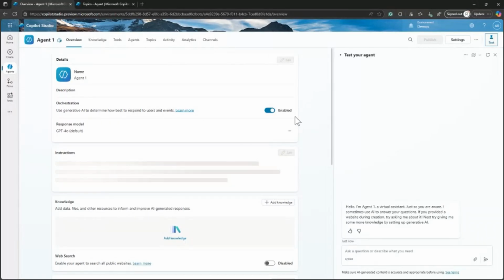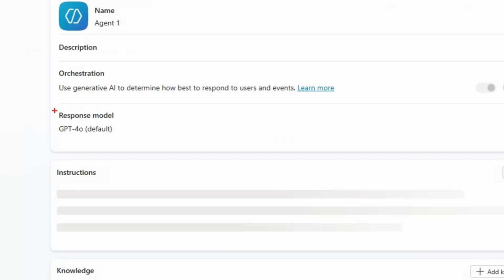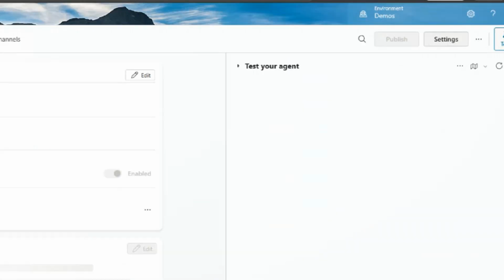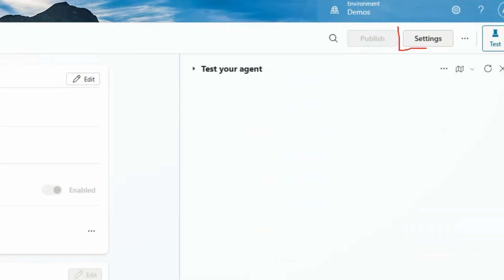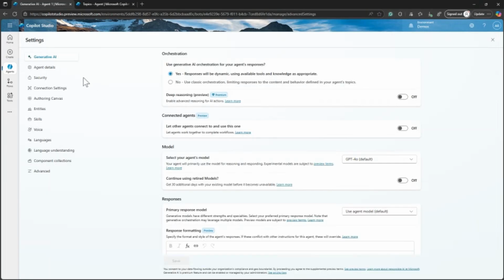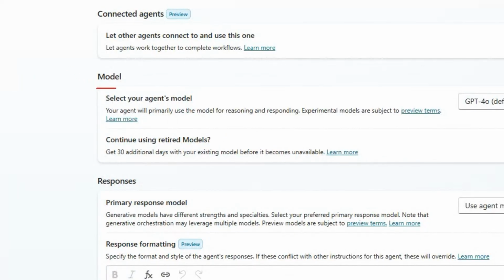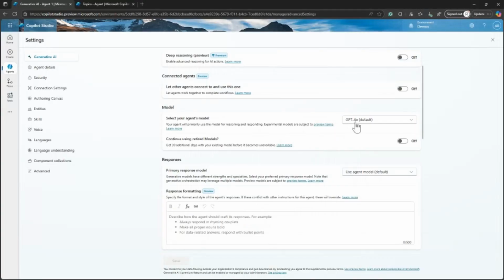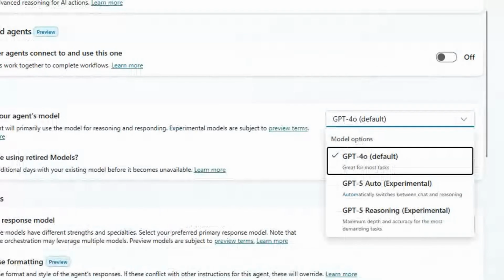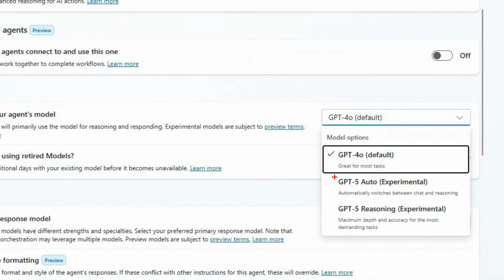So first things first, okay? We have the agent created, and as you can see here, the response model came by default. It's GPT-4o. Let's click on settings on the right-hand side, okay, settings, and then on settings, on the generative AI, and on the model section, okay, model section. As you can see here, on the right-hand side, we have select your agent model, and it says GPT-4o. So if I click here, what I'm going to see is the other two new models, GPT-5 Auto and GPT-5